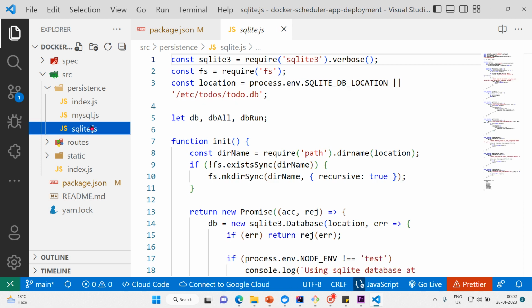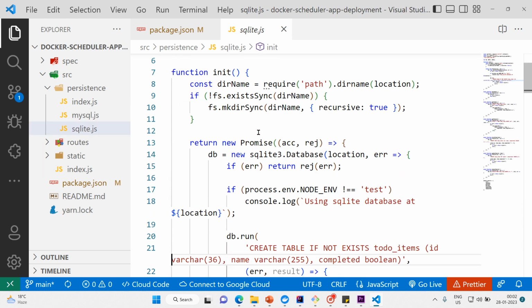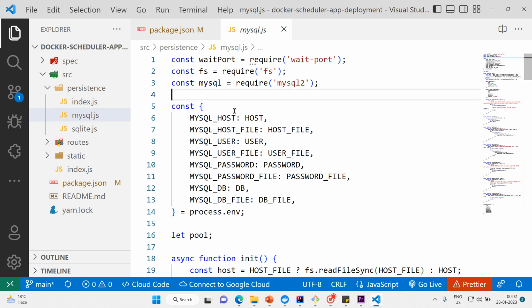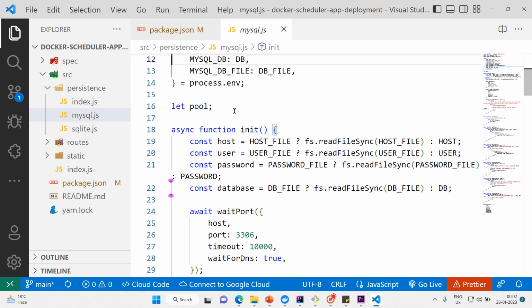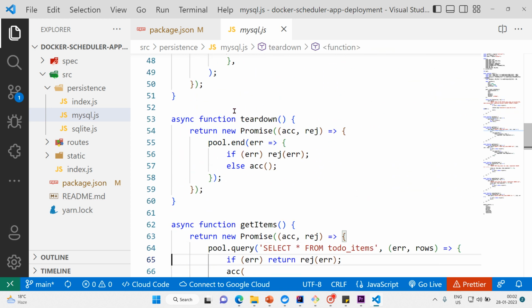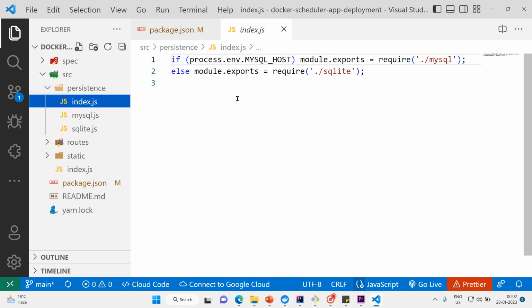So we have taken the SQLite database. This is the SQLite database schema. Then this is MySQL. You see the MySQL constants: MySQL host, MySQL user, MySQL password, and DB. So these are all environment variables or constants. And so here it started, and this is the MySQL schema. And index.js,